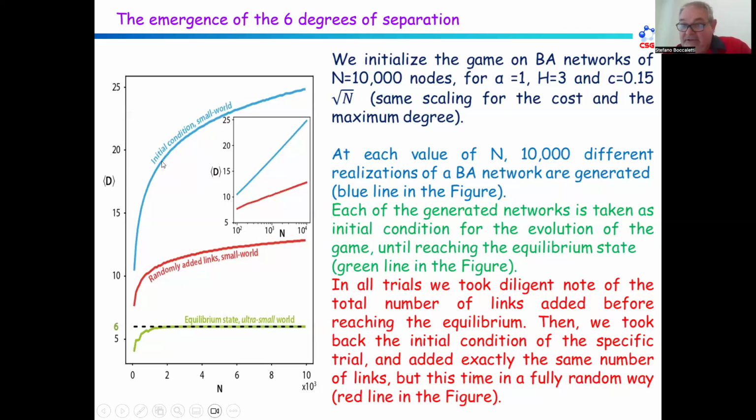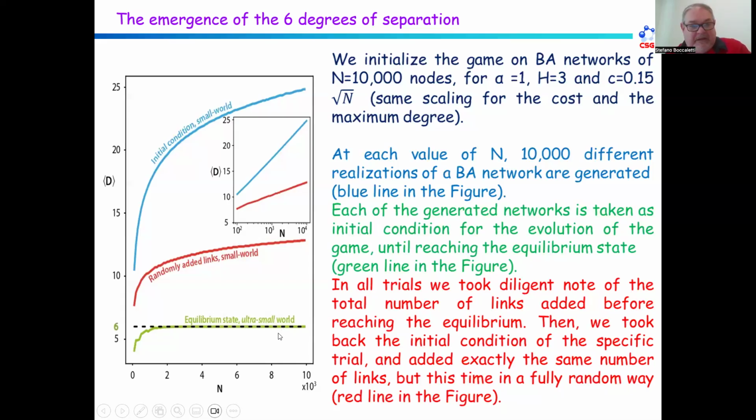Then each one of these initial conditions, 10,000 for each size, is taken as the initial condition of a game. We evolve the game, we let the game arrive at the Nash equilibrium, and we obtain 10,000 Nash equilibria of that size. So we obtain another ensemble, which are the final states, the equilibrium states of these initial conditions. We measure, which is the green line, the average diameter, and you see it grows up to 6, and then it stays at 6. So this is an ultra-small-world